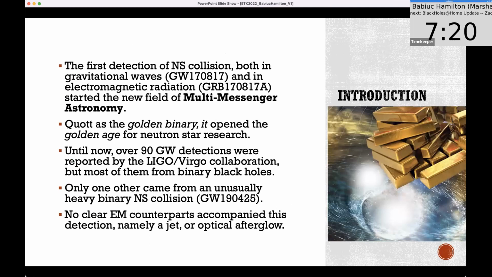Detection of collision of binary neutron stars was GW170817, that everybody knows, and started the field of multi-messenger astronomy, and was quoted as the golden binary and opened the golden age for neutron star research. Until now, over 90 gravitational waves were detected, but most of them from binary black holes. In fact, only one other was detected, but no clear electromagnetic counterparts were found, neither a jet nor an optical